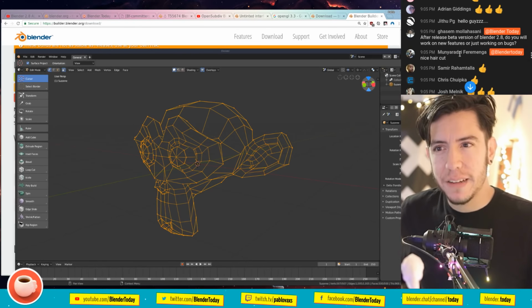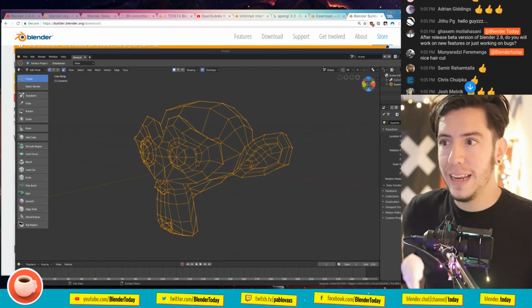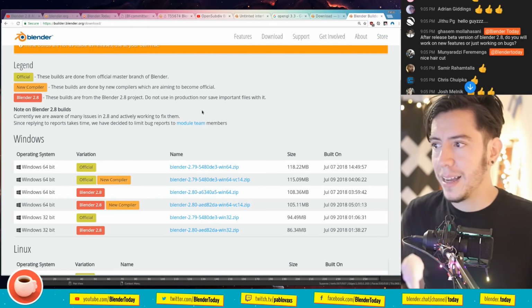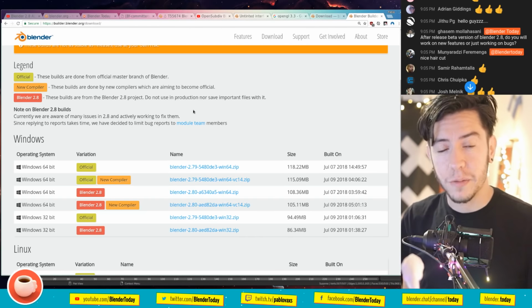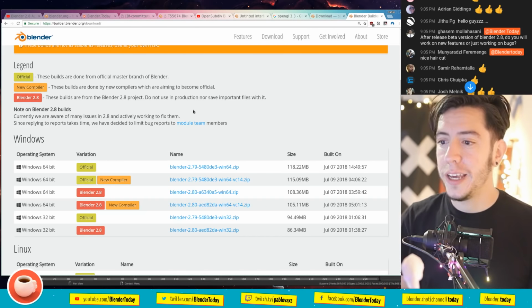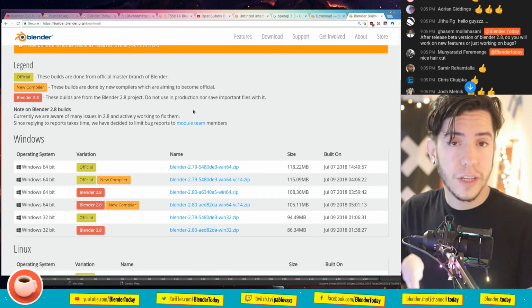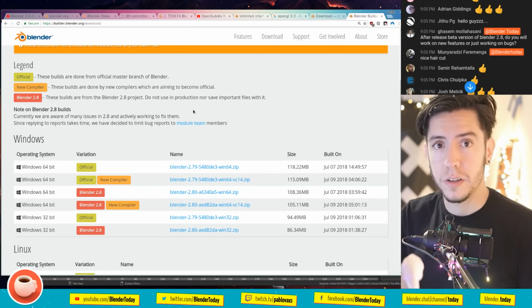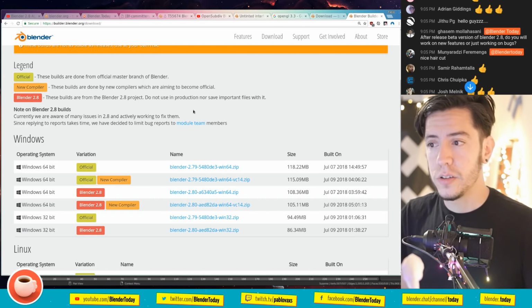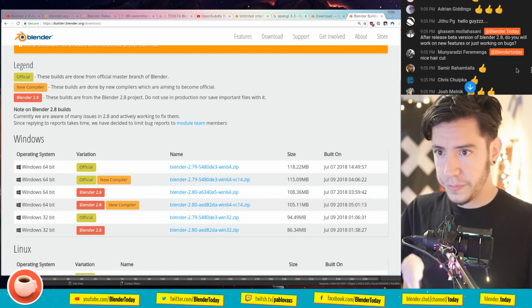After the release of the beta version of 2.8, are you going to work on new features or just working on bugs? It's mainly going to be fixing bugs. When the beta is out, the bug tracker will be open for everyone. And 2.8 is grabbing so much attention that a lot of people will be using it. A lot of people are using it right now, but they can't report bugs at the moment because it's overwhelming for the developers. So that is the reason why not, for the time being.